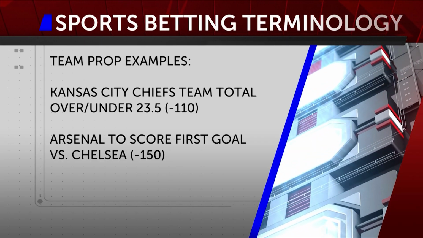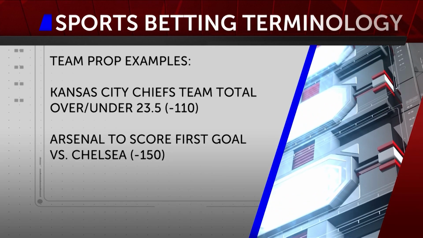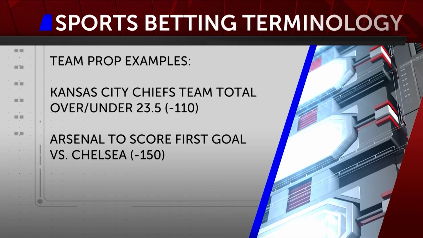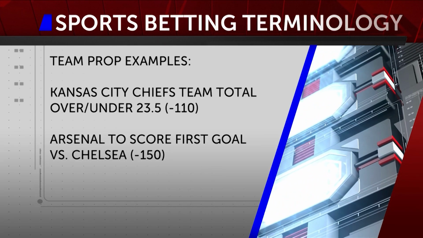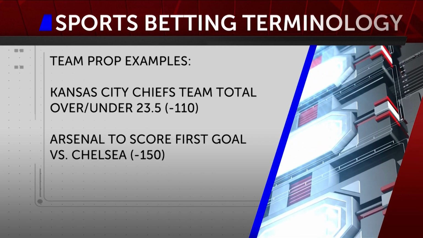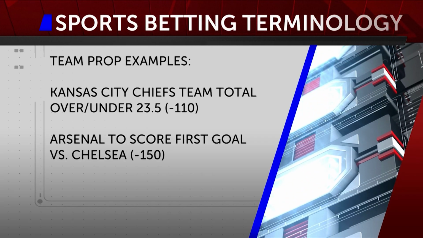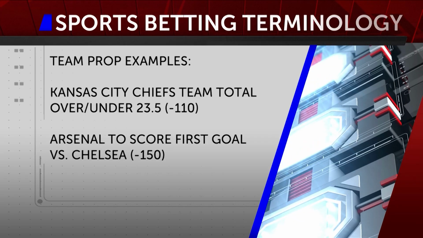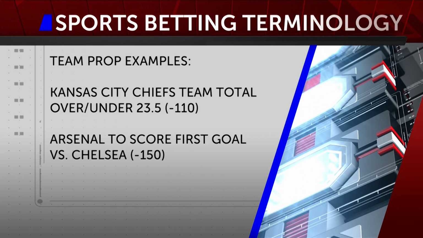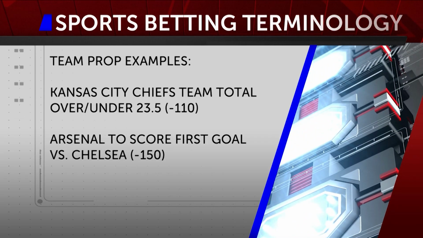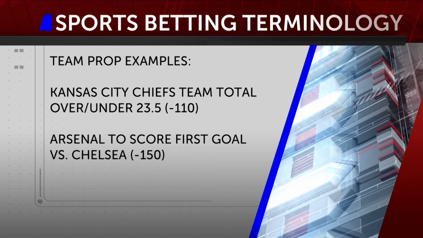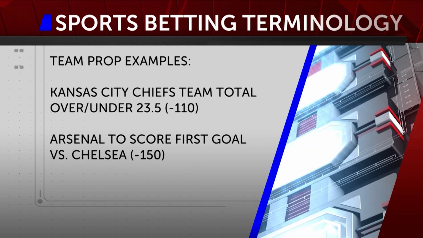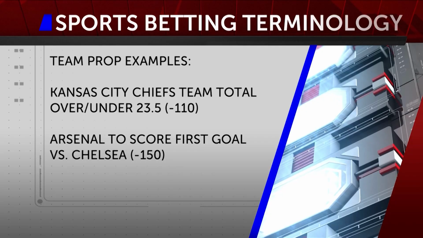For specific in-game wagers, however, some simple examples would be betting on how many points a specific team is going to score. So let's say you were going to take the Kansas City Chiefs to score over 23.5 points in a specific game, and they score exactly 24. Well, even if they didn't cover the spread, or even if the total combined points of the game doesn't go over the standard over-under line, you'd still cash that bet as the Chiefs scored over the line set on